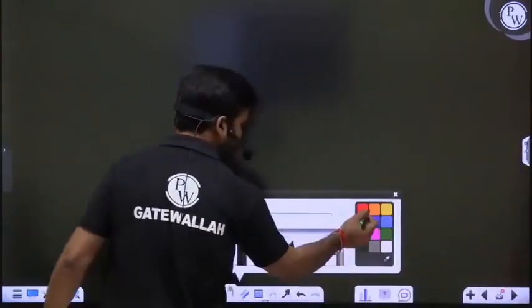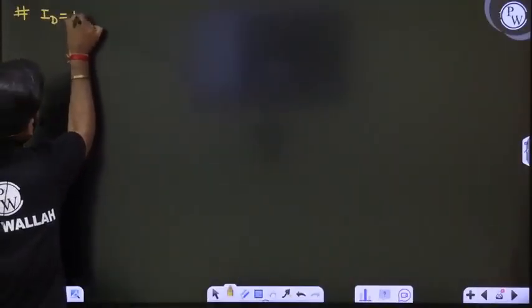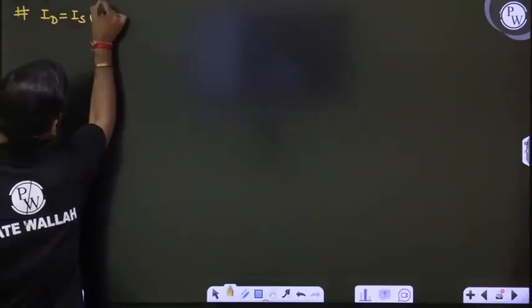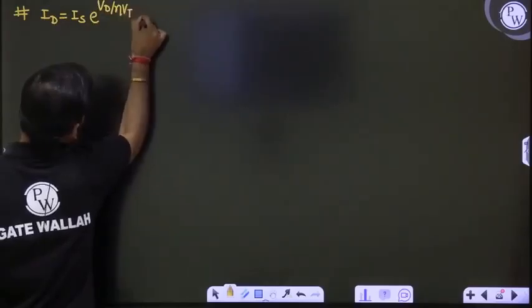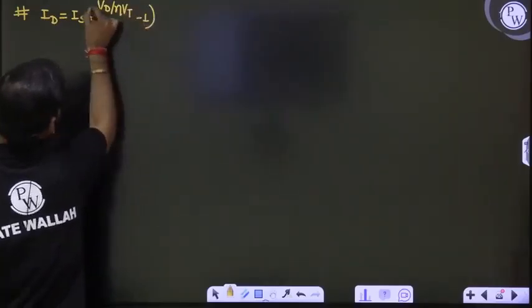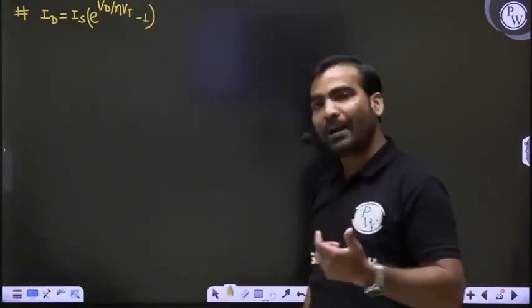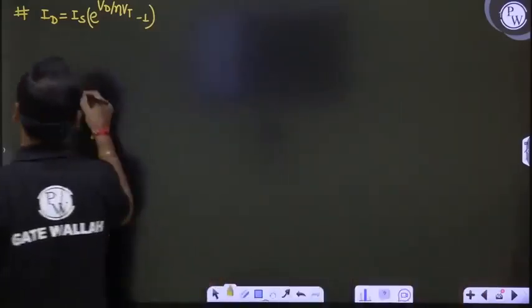So what about this? Let me explain for that. Okay, so now this is the equation of the diode current. Let's discuss this current equation in more detail. id equal to is e to the power of diode voltage Vd upon eta Vt minus 1. This is the actual equation of diode current. Now let's come to the forward bias and reverse bias. What is the meaning of forward bias?